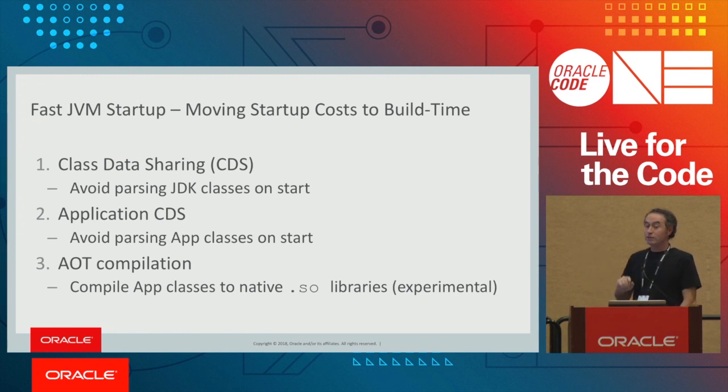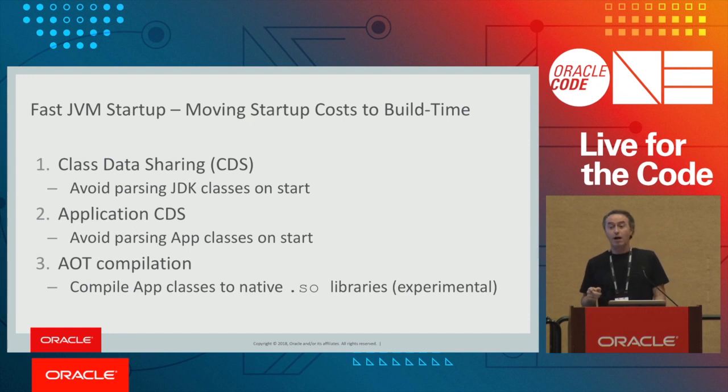And then the idea of AOT compilation. There's some experimental AOT compilation. We can compile your code into an SO, a shared library that can be linked later. And I'm going to talk about that a bit more. I think that's the most interesting thing because it doesn't come with the space problem. It gives you speed if you AOT compile your code into machine code, but it doesn't necessarily bulk out and create a large image.